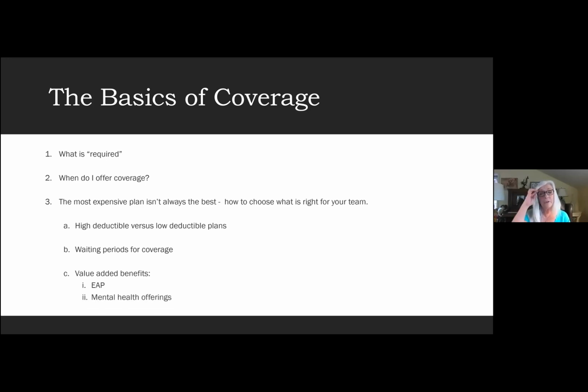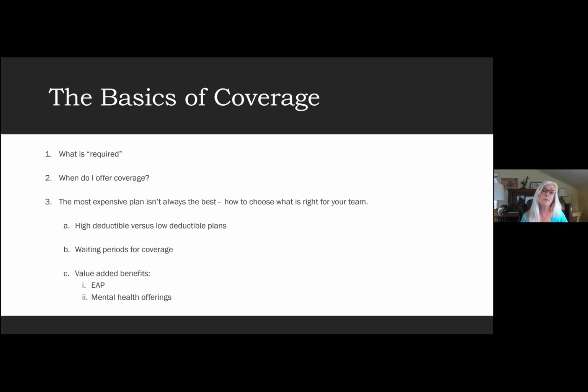And then the mental health offerings, this is something that has been very predominant in this last 2 years because everybody is stressed. As much as we might like working at home, sometimes that adds a new level of stress. We've got to deal with the puppies or the children or the other spouse working on the other end of the dining room table. So, or just the loneliness and isolation.